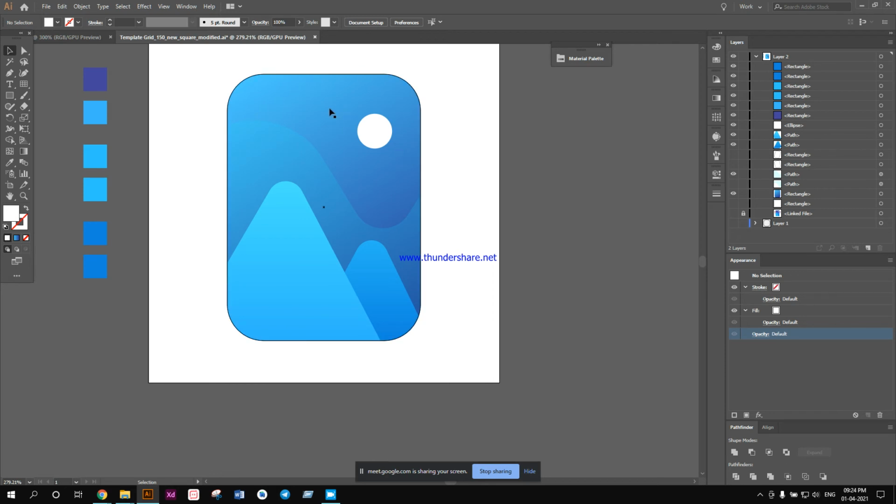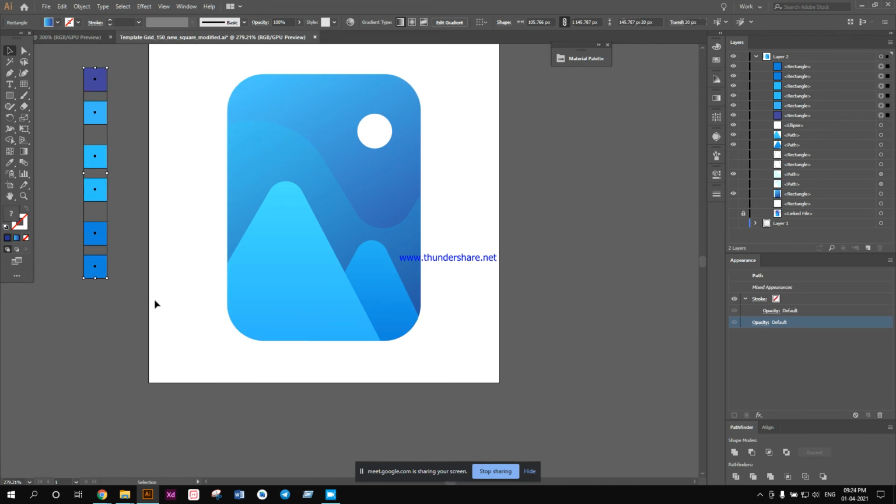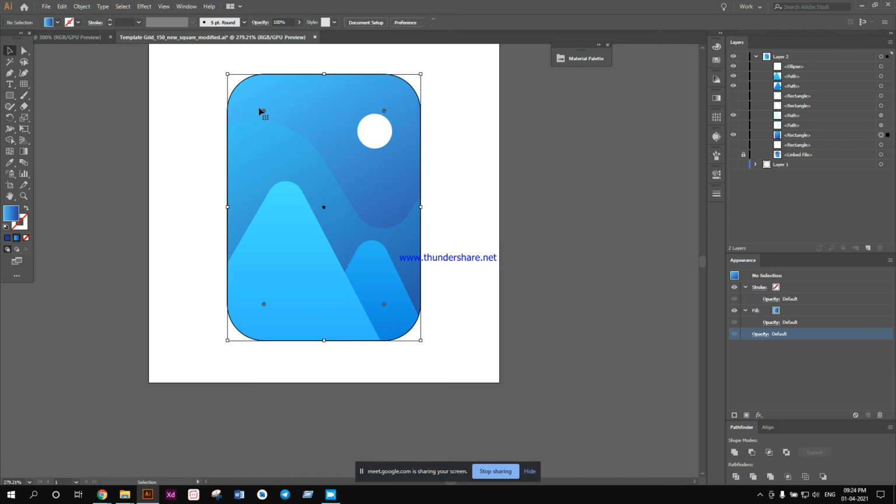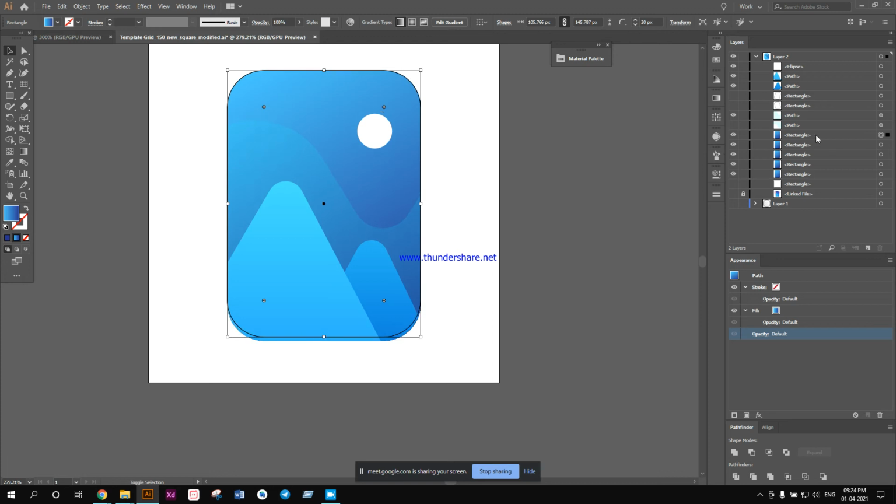Now I have to create the edge effect. Okay, so I have to click on this. I can delete all this. I have to select the background layer. Then I have to make 4 copies of the background layer. Now for the bottom edge, for making the bottom edge, I have to press the up key twice if I want a 2 pixel edge. Then go minus front because I only want this part.